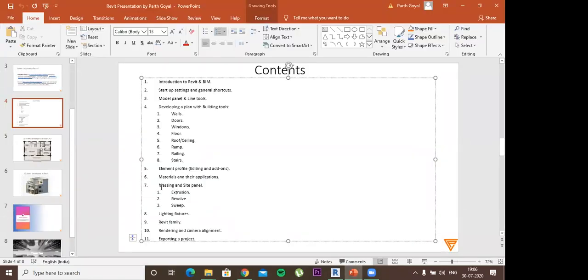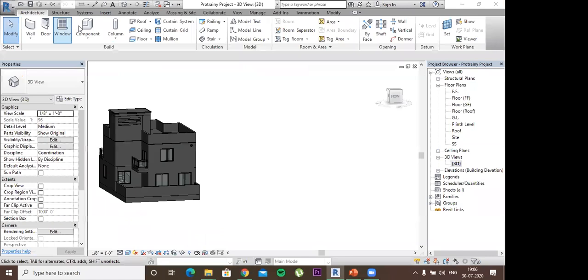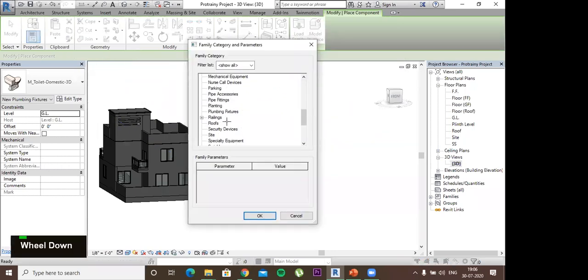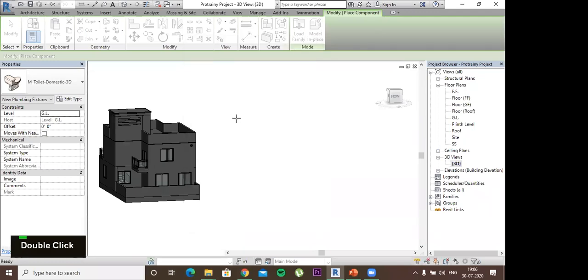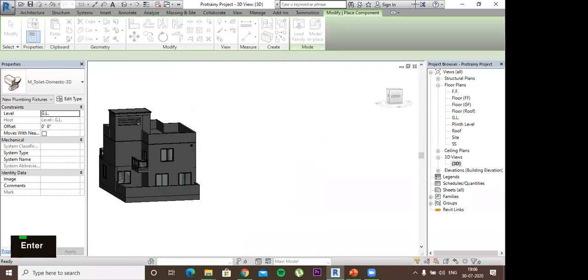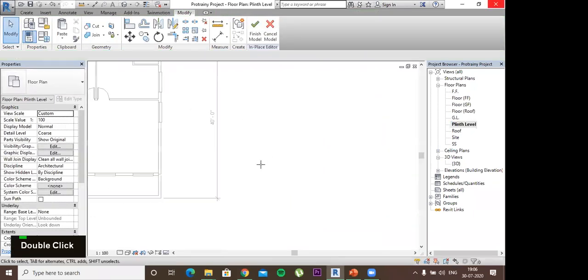We will move forward to extrusion, revolve, and sweep commands. So in the component section, as we had a doubt, if I don't want to make that component a 4-legged table, can I make a 2-legged one? Yes, definitely you can. You have to go to model in place. Then you have to select a generic model or whichever thing you are making. For example, I'm making a table. We don't have a table, so I'll go to the generic model and rename it as a table. Select OK.